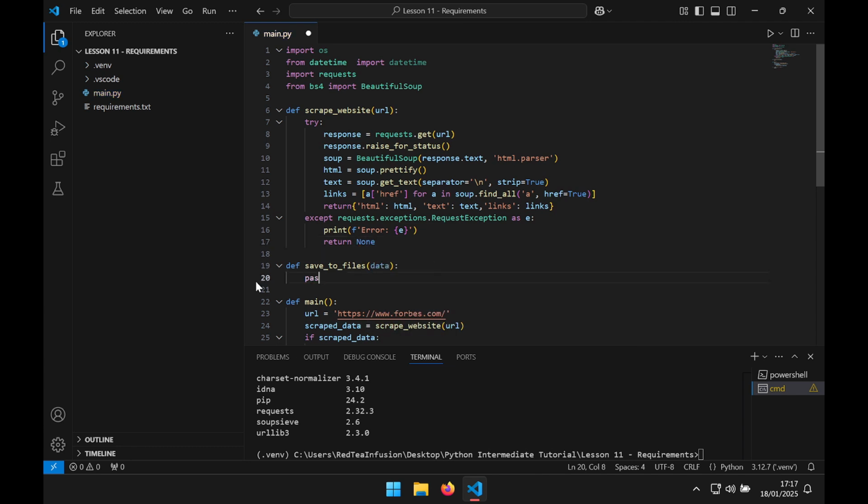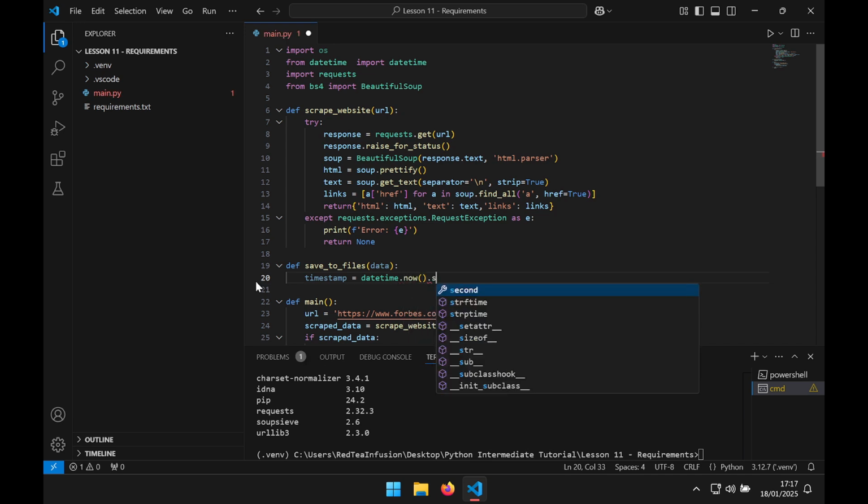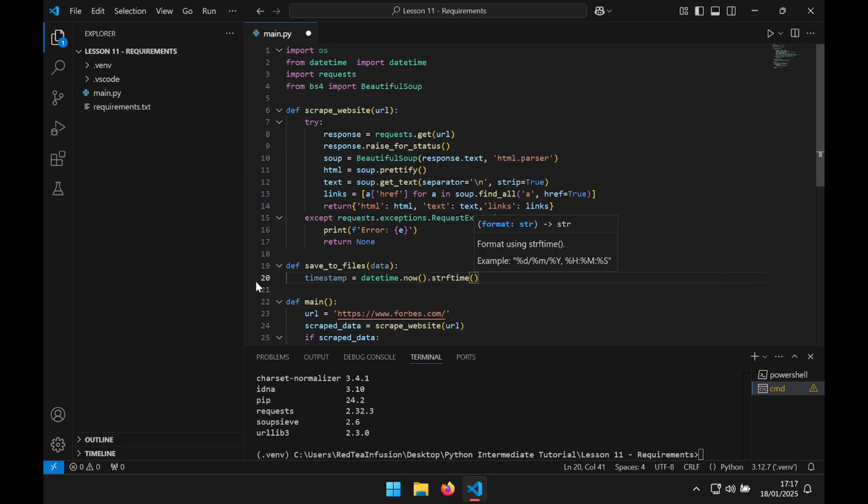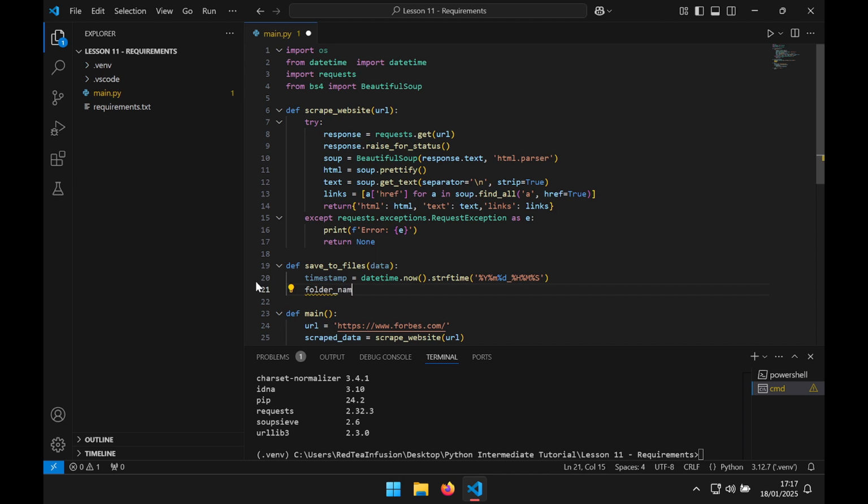Let's save to files. timestamp equals datetime.now().strftime("%Y%m%d_%H%M%S"), new line, folder_name equals f"scraped_data_{timestamp}", new line, os.makedirs(folder_name), new line,